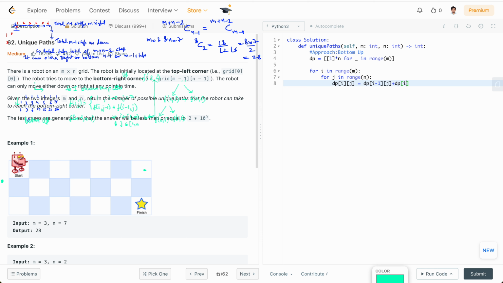So dp of I comma J minus 1, and in the end we want to return dp of m minus 1